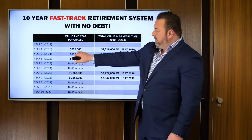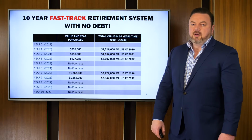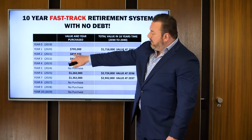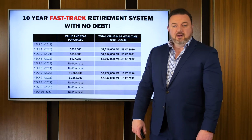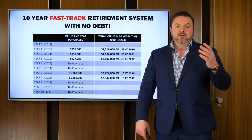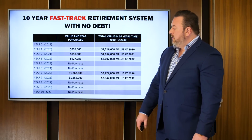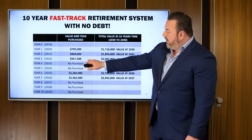So 2020, you secure a property for $795,000, which is a 2-bedroom townhouse in Box Hill North, opposite the hospital. Then 2021, you secure a 2-bedroom townhouse in Bentleigh, in the Bayside. And then you secure a 2-bedroom in, let's say, Glen Waverley. Okay? So you've got 3 properties, and then you don't purchase anything in 23, 24, and then you refinance these